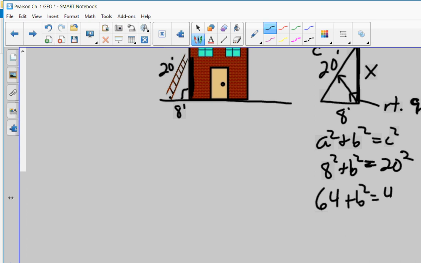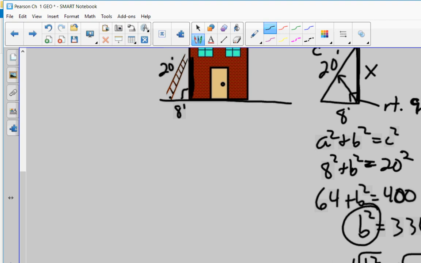And 20 squared is 400, okay? So to solve it for B, I'm going to go ahead and subtract 64 from both sides. I think I get 336, okay? And now to get just B by itself, I want to take the square root of it, okay? But if I do that, I have to do it to the other side. So when I take the square root of something squared, I just get what's inside. So in this case, it's B. Okay, and then I take the square root of 336, and